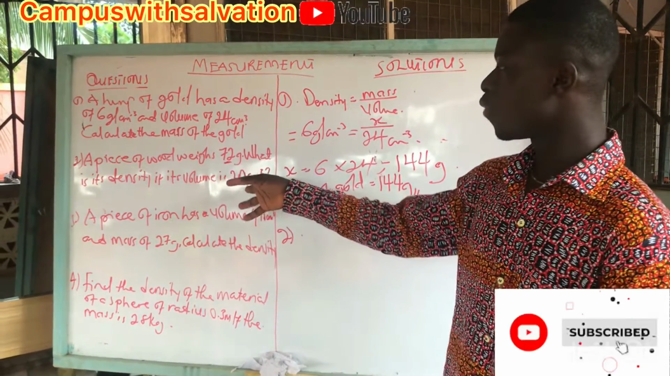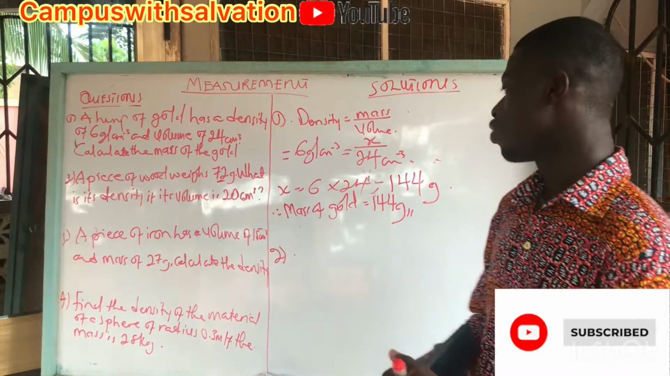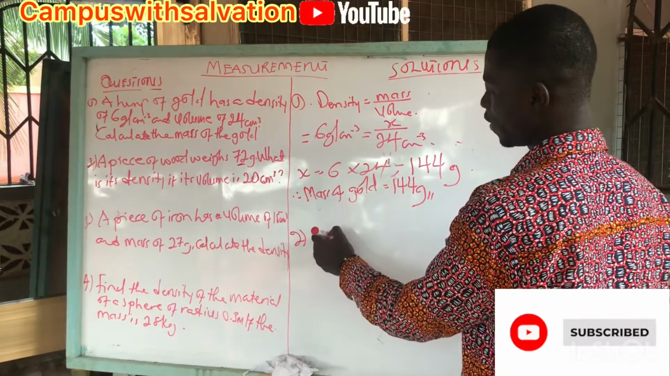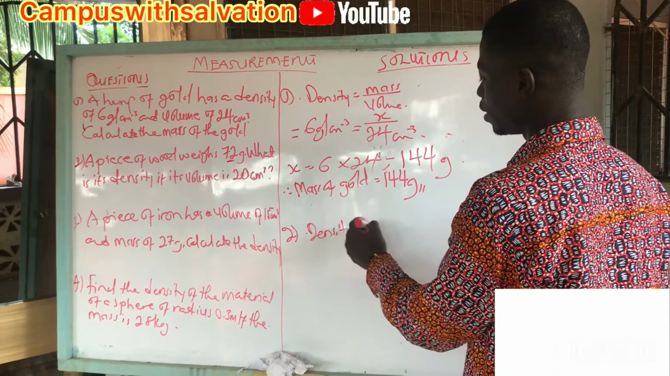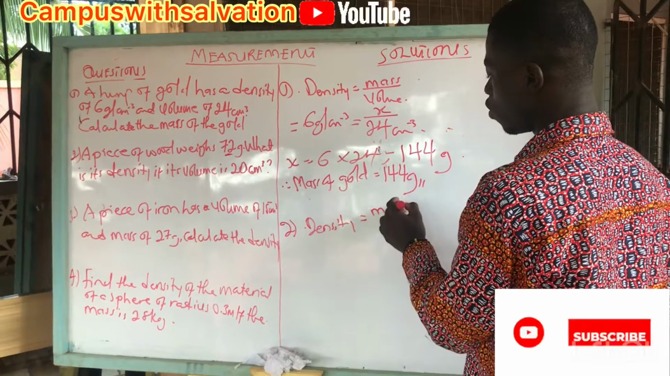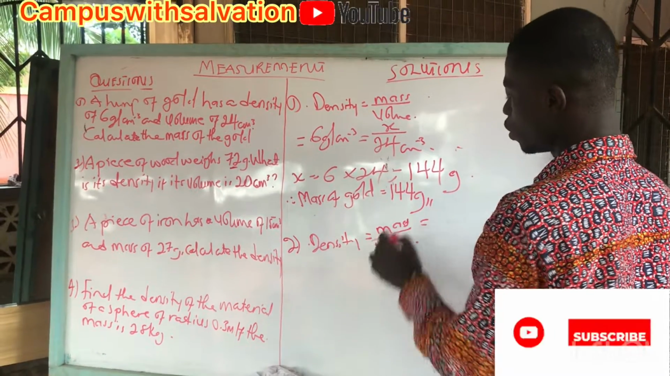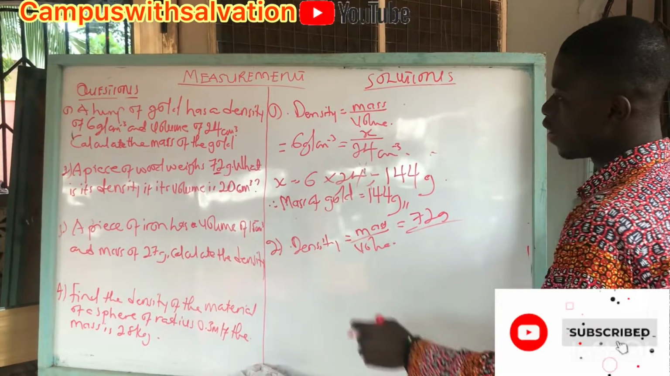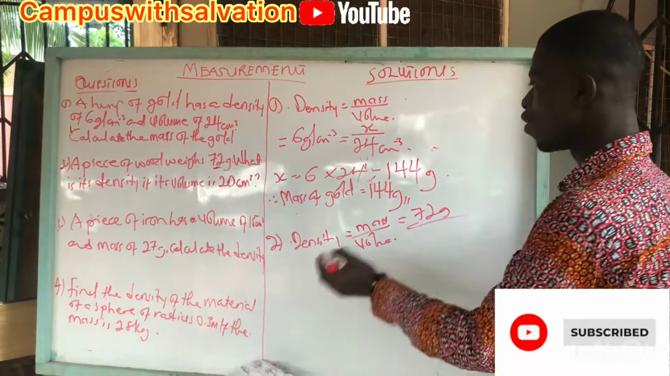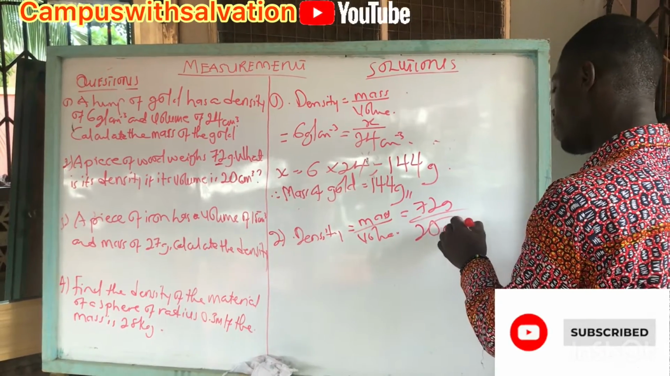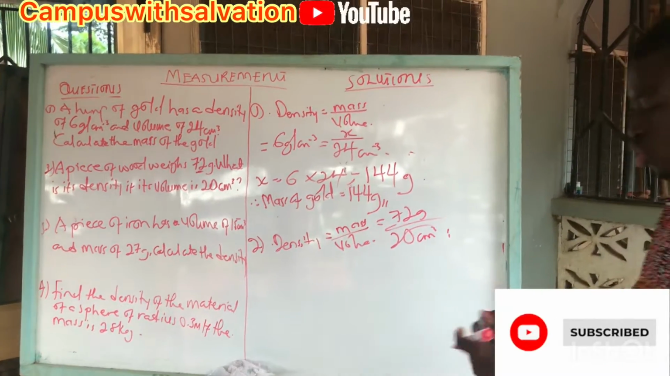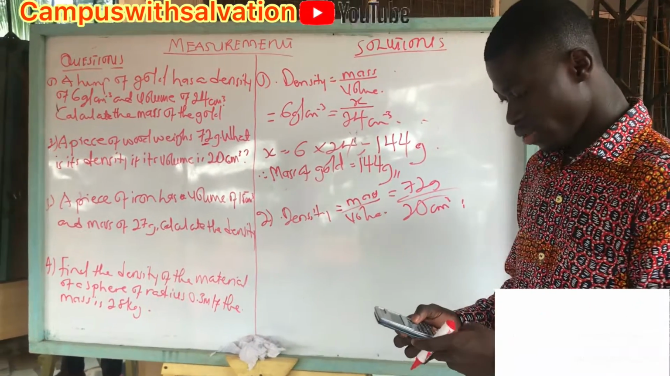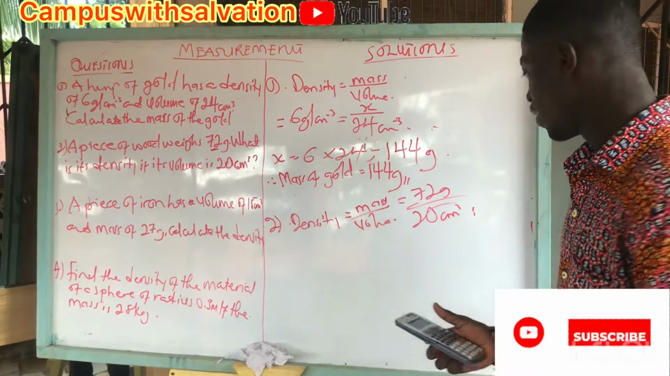So it has a volume of 20 cm³, which is talking about volume. So let's proceed. We are going to use the same formula, but just that the figures will change. Density is equal to mass over volume, which is equal to mass, which was given as 72 grams, over volume, which was given as 20 cm³. Okay, so we just count it on your calculator. 72 divided by 20, which will give us